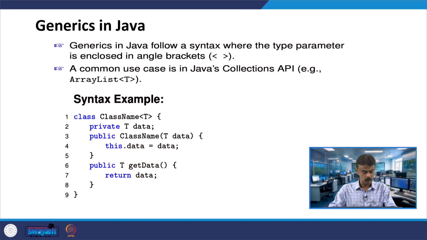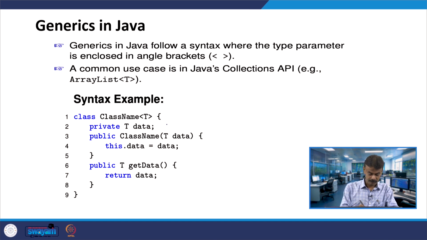In the last class, we talked about templates in C++ and the basic introduction to Java. In Java, you call the same template concept generics. Here we use the angle bracket, and in the angle bracket we put the name of the type. Usually we write the class name and then proceed, but here after the class name you have the angle bracket and T, exactly like what we studied in C++. This is what you call generics in Java.